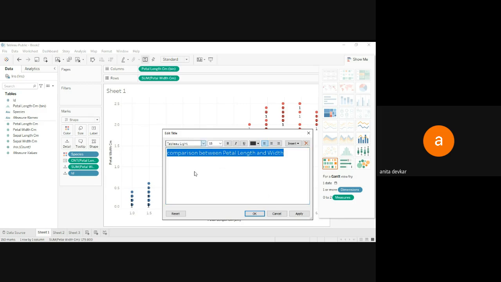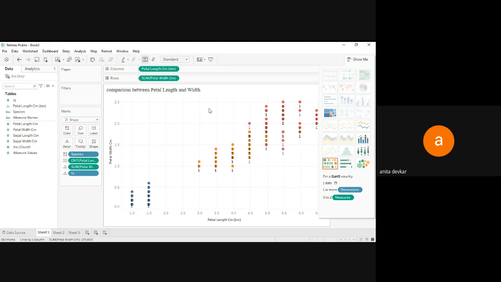You can work with the font also, apply. So you can see here this is the type of visualization we can do. Also if you want to give the name to this sheet, you can give the name also. Likewise you can apply the name to this sheet.